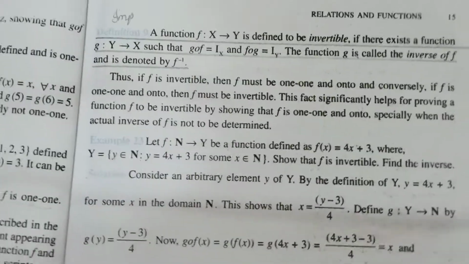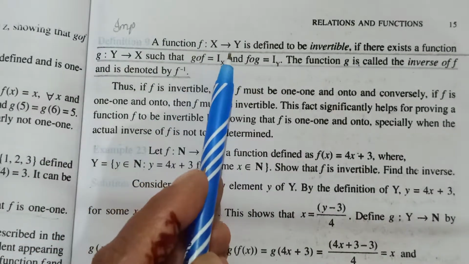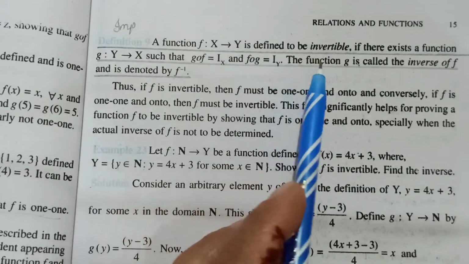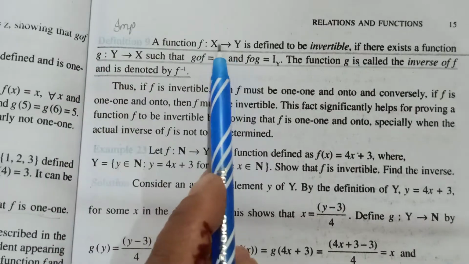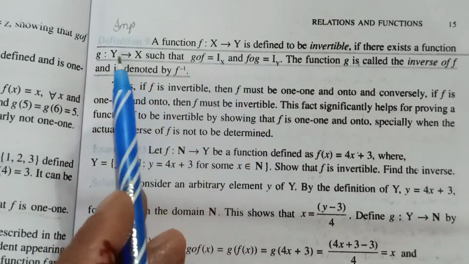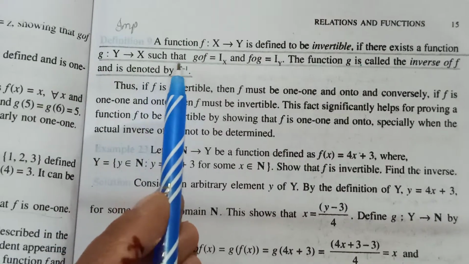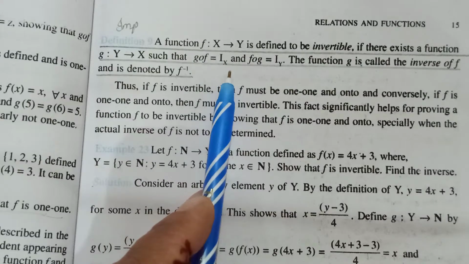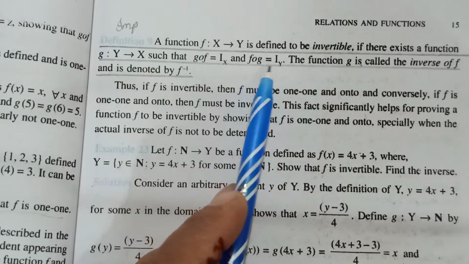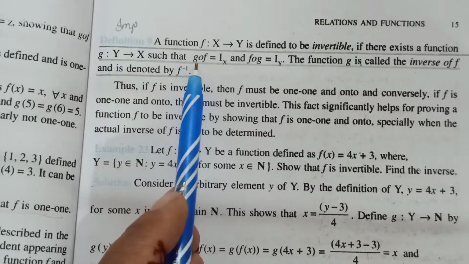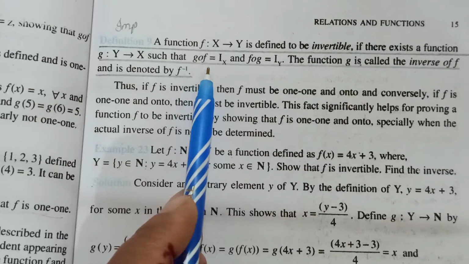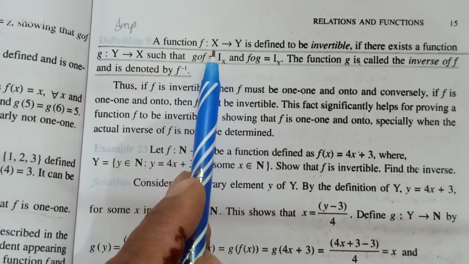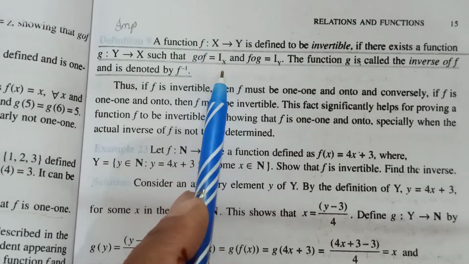All right, there are many examples after that definition, and then certain theorems. This is an important theorem here. A function f from set x to set y is defined to be invertible if there exists another function g from y to x. ओके, तो इसका डोमेन, इसका कोडोमेन अभी उल्टा हो गया, इसका कोडोमेन इसका डोमेन बन गया। Such that g naught f is equal to identity of x and at the same time f naught g should be identity of y. ओके, मीन्स जब आप इन दो फंक्शंस का, f और g का, कॉम्पोजिशन करते हो, g में f फंक्शन लगाते हो, तो you should get back the variable of this. यहाँ से जो एंट्री है वो आपको वापस मिल जानी चाहिए।